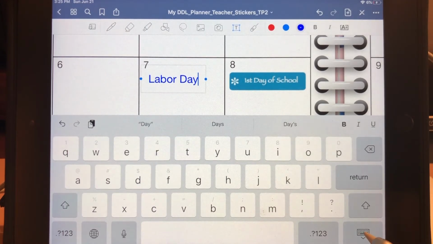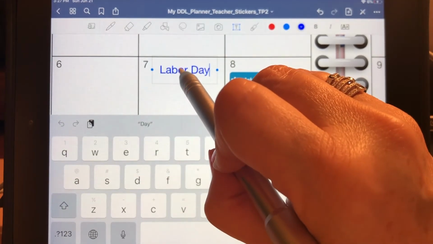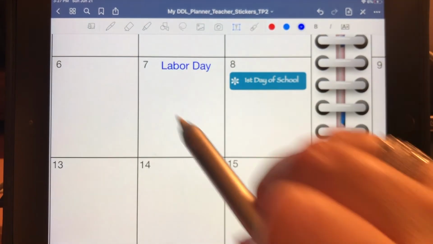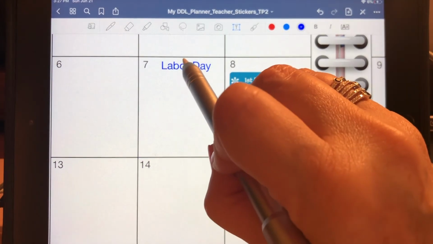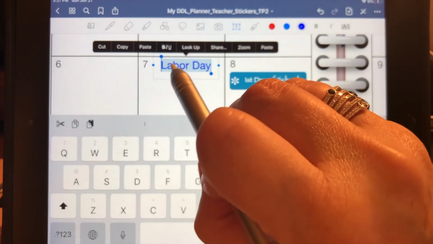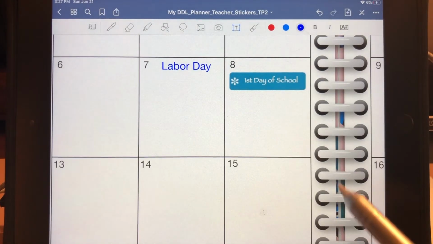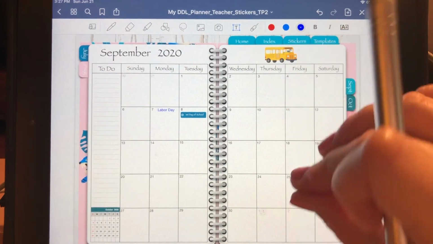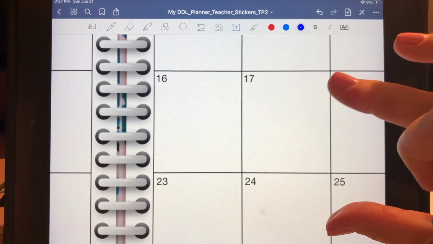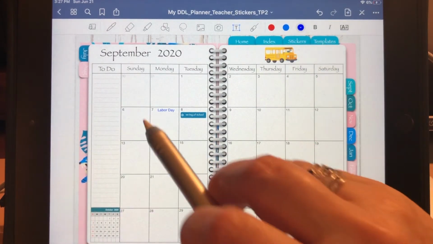So I'm going to get out of the keyboard, and now I can take this and say I want it more up here. I can do that, just like that. I can also take this, hold down, and I can copy it. I just made it smaller by pinching. I can also make it larger by expanding. So I'm going to now go,